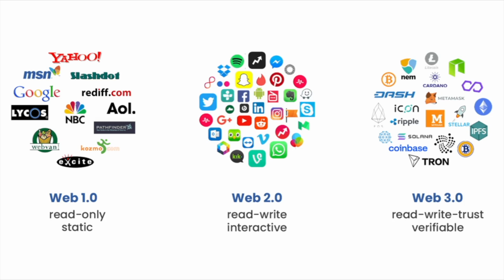Web 3 was created because people believed that the current web required too much trust, and they wanted to make the internet even more interactive. Web3 is more interactive because it allows users to not only read and write content, but also own content on the web. So to summarize, Web 1 was read only, Web 2 was read and write, and Web 3 is read, write, and own.